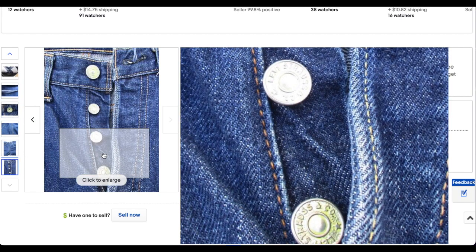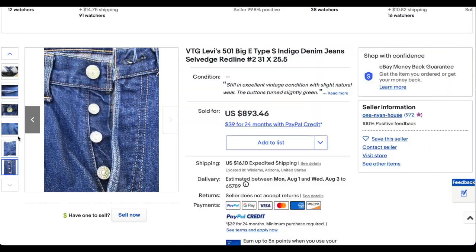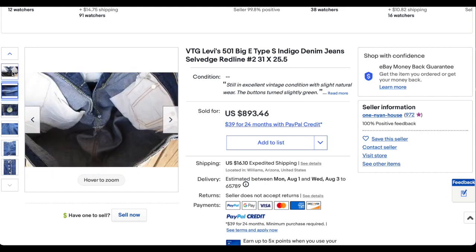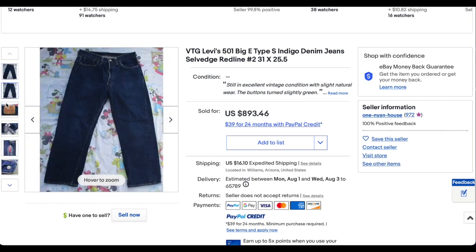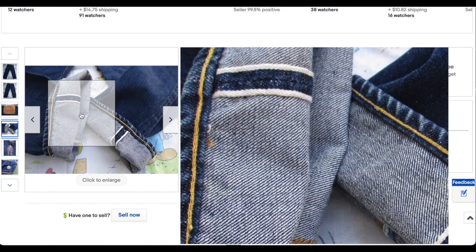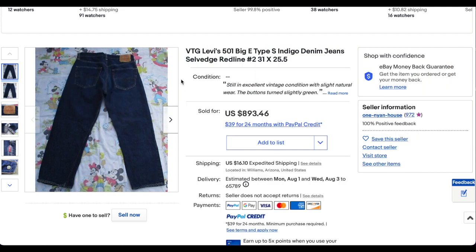And we have the button flies, and you can see there's some of that orange thread being used here, so I would definitely expect this to be late 60s, early 70s, maybe even more on the 70s side. I don't see anything else, but it's a beautiful pair of selvage denim jeans. High quality pair here. Short. I'm a little surprised it went for the price it did with how short it was, but still a beautiful pair of jeans. Went for